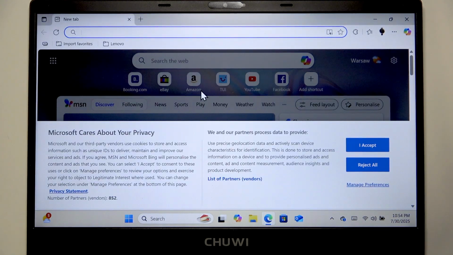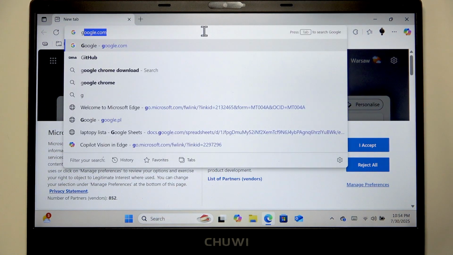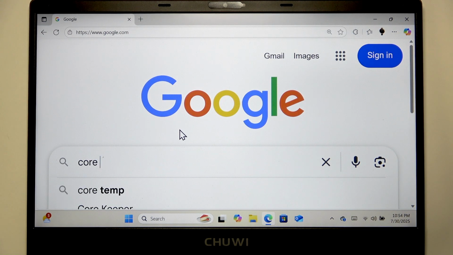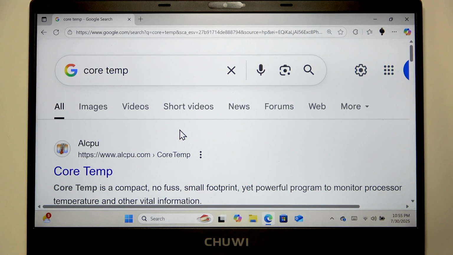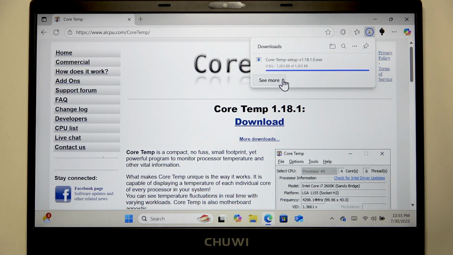So first open your web browser, then let's open some search engine, for example Google, and search for CoreTemp application, which you can find on their official website allcpu.com. Download the application by clicking right here, then open it,